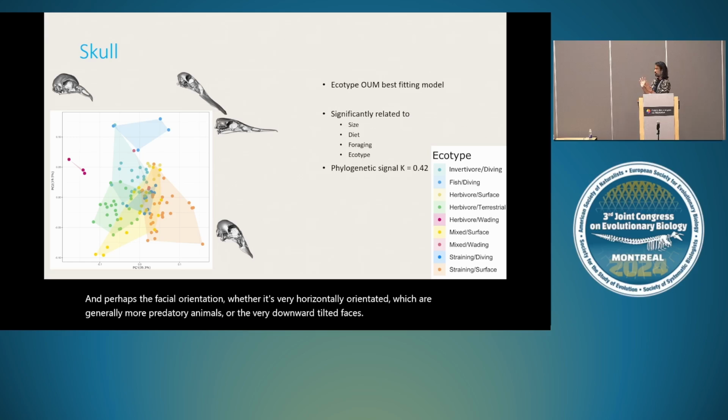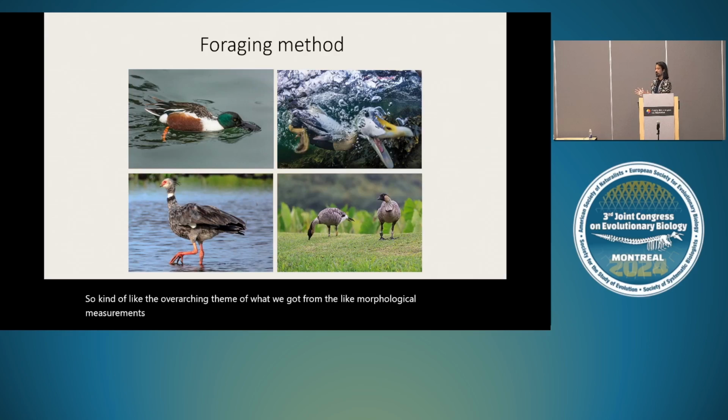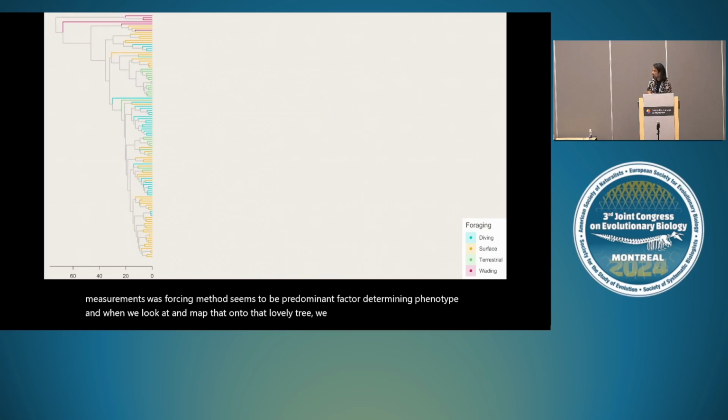So, kind of like the overarching theme of what we got from the morphological measurements was foraging method seems to be the predominant factor determining phenotype in Anseriformes. And when we map that onto that lovely tree we have, we can kind of see why. Foraging method changes all over the place in Anseriformes. It's not consistent for any long period of time across the tree. And there's very few groups that are only one thing,